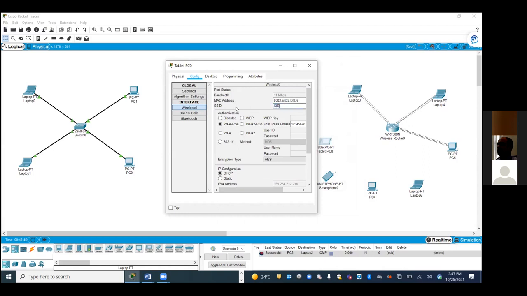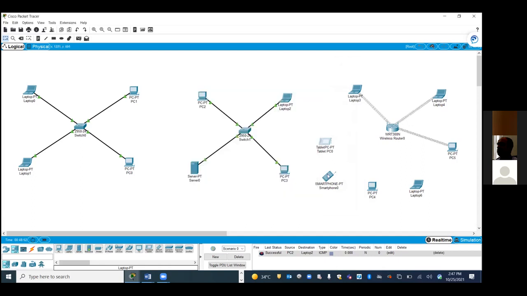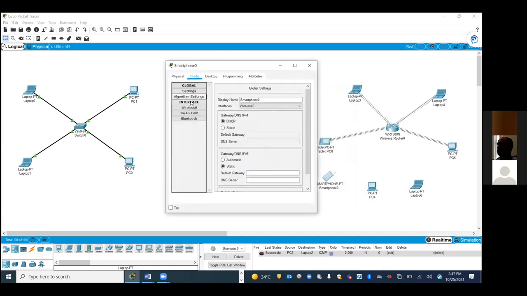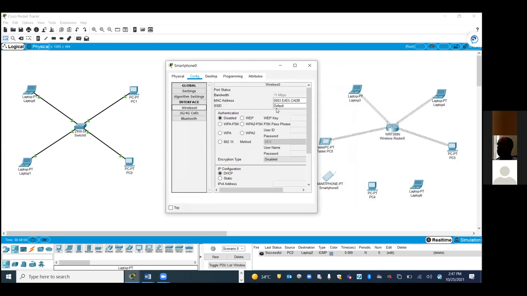CIS, right? Config, wireless, SSID CIS, WPA2-PSK, 1, 2, 3, 4, 5, 6, 7, 8.